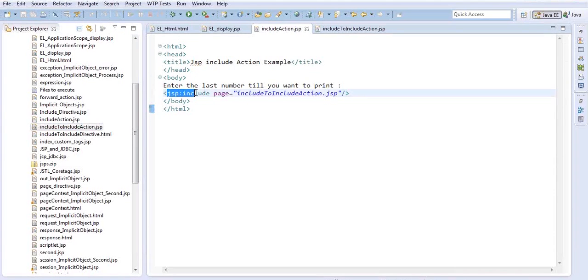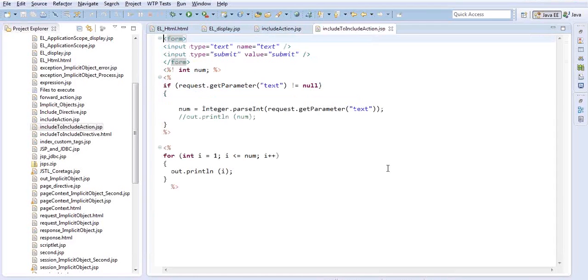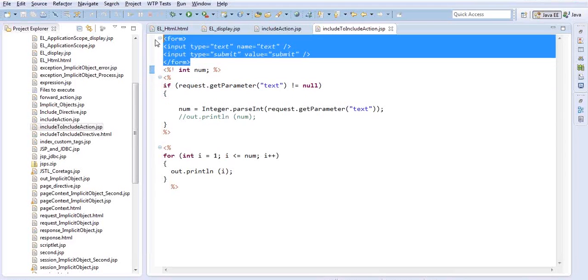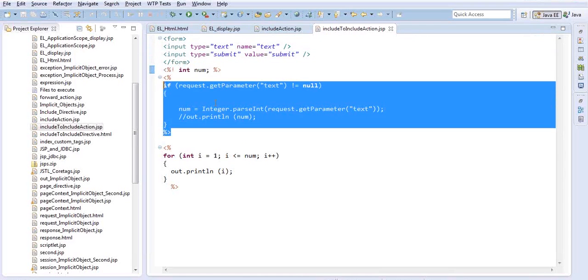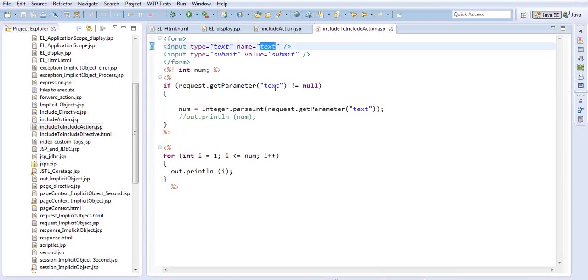you are using a JSP include tag to include some JSP file in the current file. Page include to include action.jsp. Let's look at include to include action.jsp. What it has is, as part of a declaration, it declared a variable number, and before that you have a form, which has one edit field and a submit button. Whatever you type over here, you are declaring a number, and here you are getting a value for a variable. Whatever the text, if it is not null, then you are